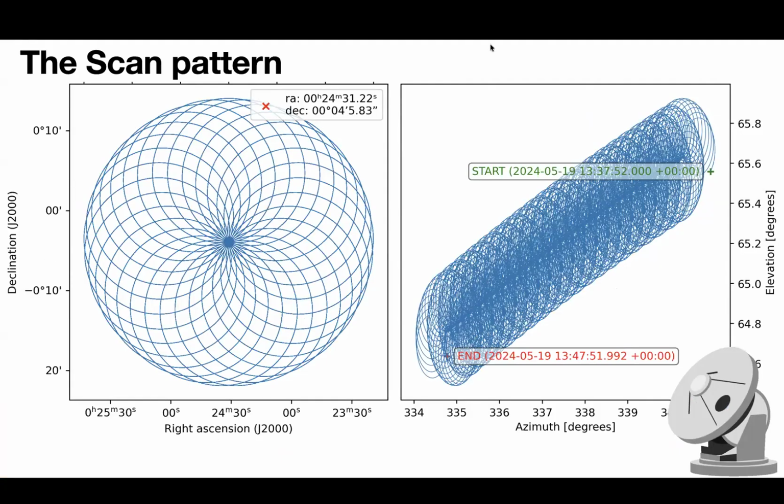So we have an instrument, then what about the scan? In the scanning, we take inspiration from how ALMA scans the sun using its total power antennas, using a traditional double circle pattern, seen here on the left in right ascension and declination in this nice spirograph pattern. And on the right, you can see the same scan pattern, but now in azimuth and elevation, showing that as we scan in time,